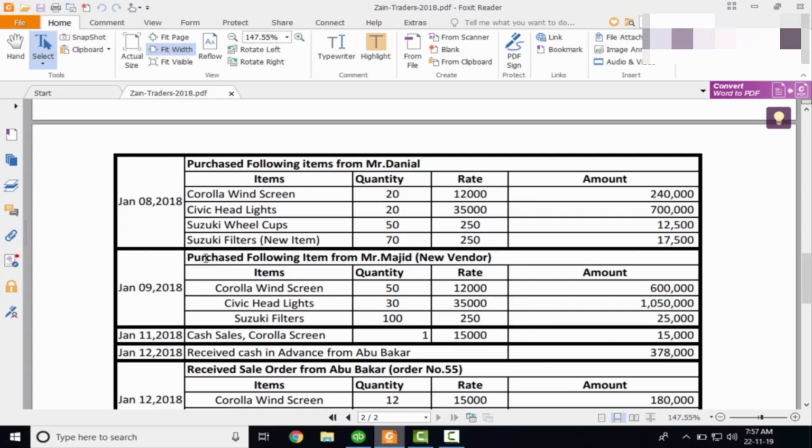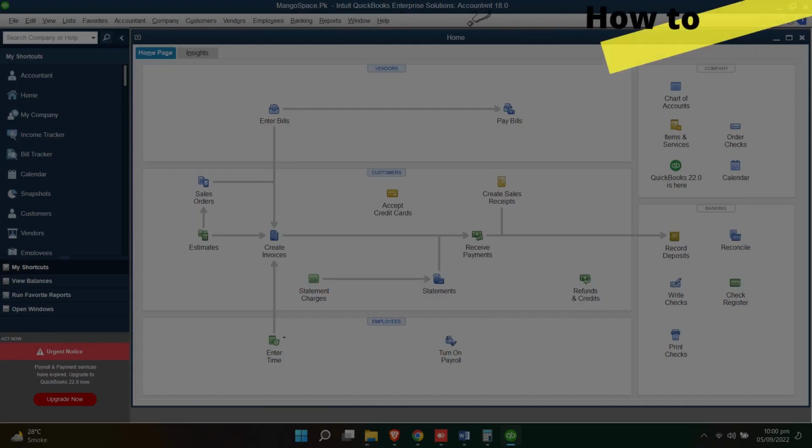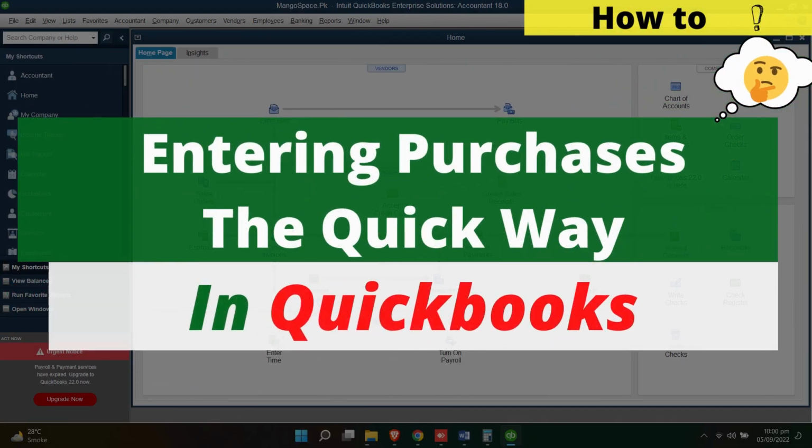In this video we are going to see how you can enter purchase invoices in QuickBooks in the quickest way